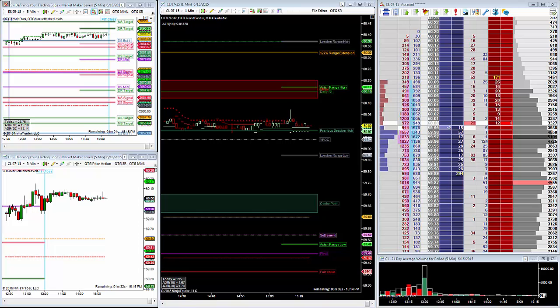All right, so it got a little dicey there at the end. What I was trying to do was, we had those orders there at the 05 level, and I was trying to stay below that, but I wanted to get 50 ticks, which should have been at 08, and we were just kind of back and forth. Then I moved my target up, and I thought I was going to be getting out there at 14, and then I moved it back to 16, and lots of drama right there at the end. But we did end up getting the target there at 16, and they did complete the OTG trade of the day for